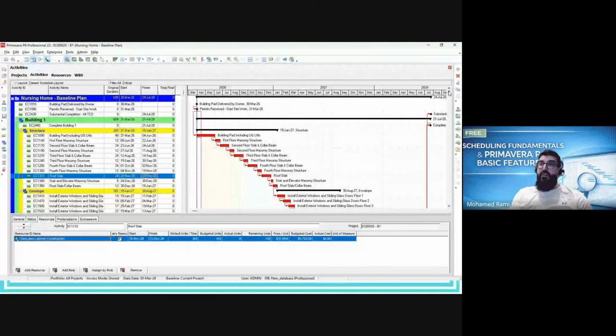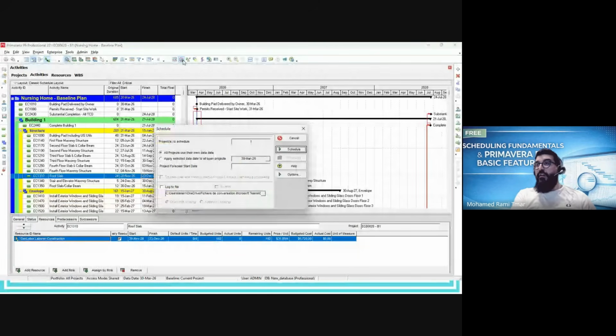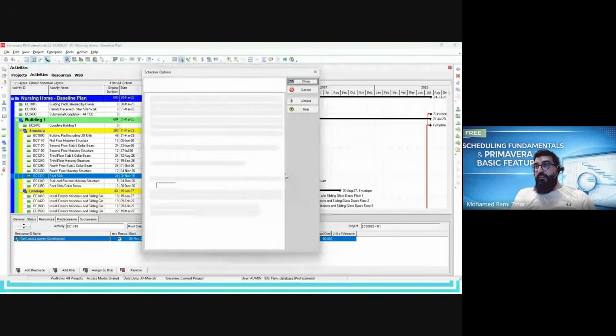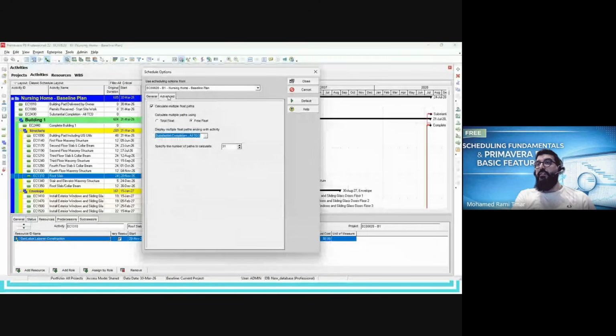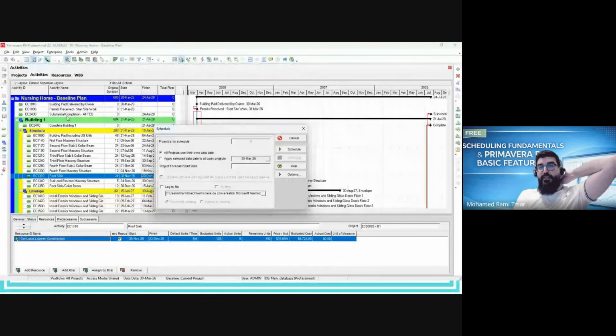Okay. So in this case, we will go to this option. It's an advanced option in P6. I will go to the options. I will define critical activity as longest path, and I will go to the advanced option. I will activate this option, calculate multiple float paths. And I will select the finish milestone of the project, based on which the software will generate the multiple paths. When I click close, save by yes, and schedule,